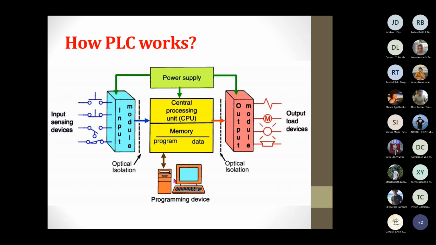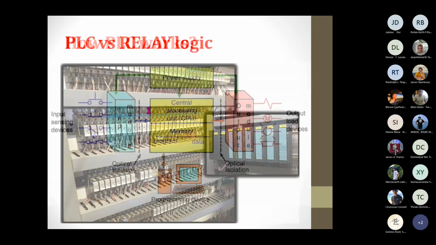How do we transfer the program? We have what we call the PLC programming cable. Depending on the type of PLC, there are a lot of programming cables that can be used to transfer the program from the PC, or computer, to the CPU. We will be having some examples of that later on. Okay, so going back in this case,